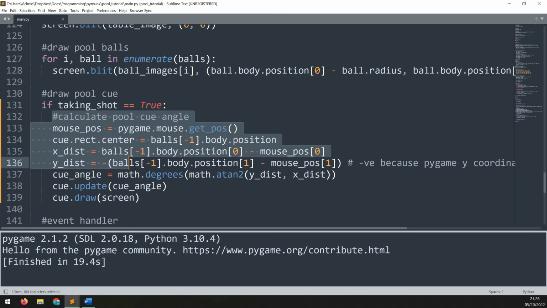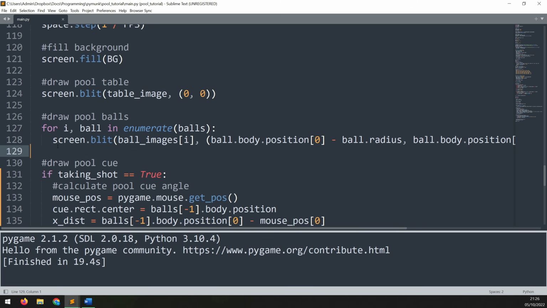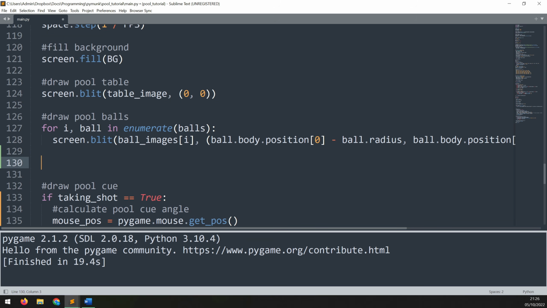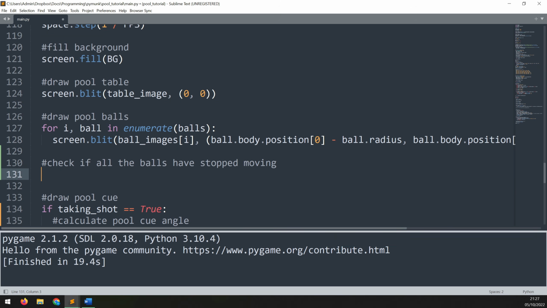So that means that this code is always going to be run. We're always going to display the cue regardless. What we want to do is take a shot and then wait until all of the balls have stopped moving again before we take the next shot. That means we need to add a check to see if any of the balls are still moving. So just above where we've got this comment for drawing the pool cue, we'll add another section with a comment to say check if all the balls have stopped moving. And the way we'll do this is we will first of all assume that we are taking a shot. So we'll set the variable taking_shot to true,